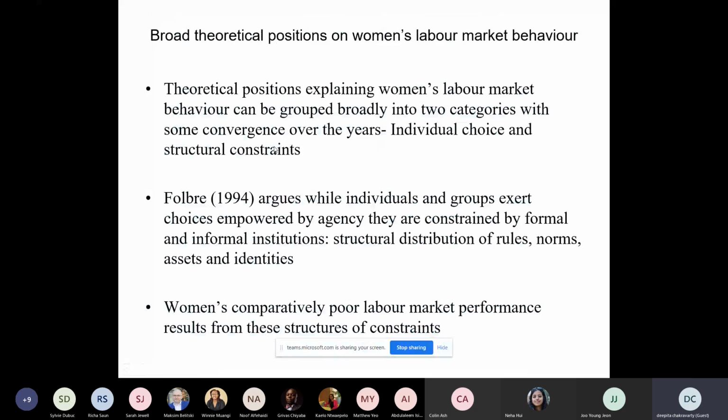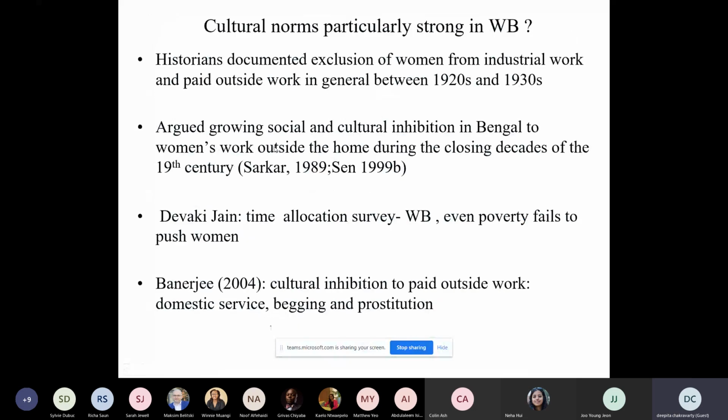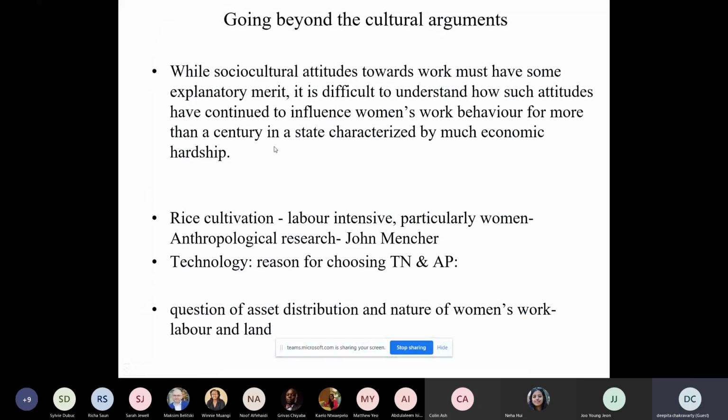So to begin with, I thought that I would compare West Bengal's case with Tamil Nadu and Andhra Pradesh. There's one more important reason behind picking Tamil Nadu and erstwhile Andhra Pradesh: the technology in rice cultivation in these two states is comparable with West Bengal. So to begin with, my idea was to look at West Bengal in the context of both Tamil Nadu and